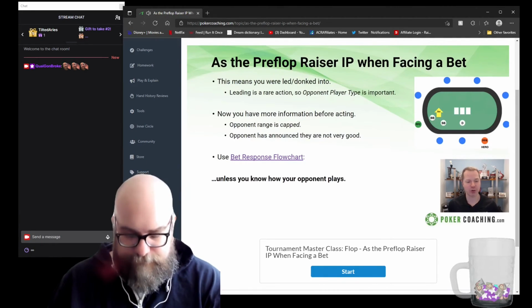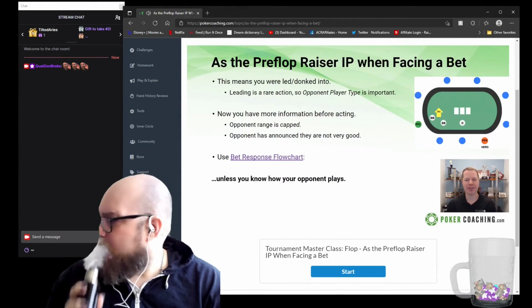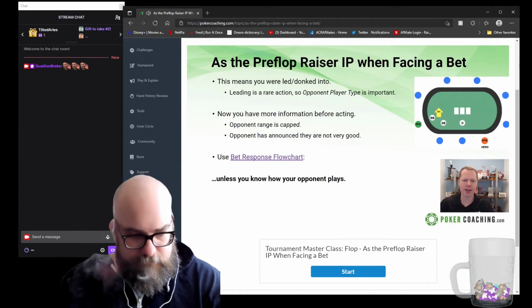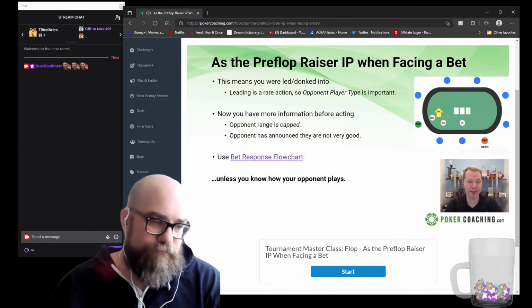You're going to find that the vast majority of the people, when they lead, do not have the best made hands, although sometimes they will. They usually have a marginal made hand or junk, or perhaps a draw. Also, your opponents probably announce they're not very good. And in this scenario, if you don't know what your opponent's doing, you should usually just use the bet response